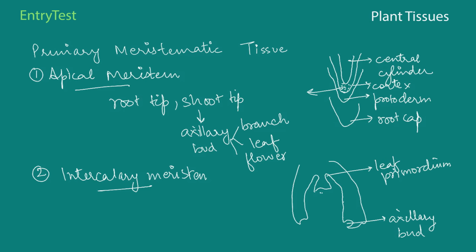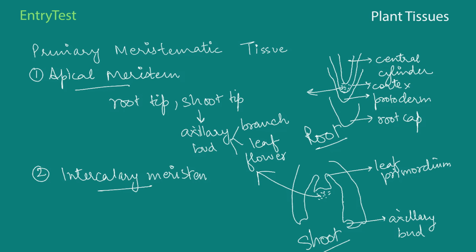This is the shoot apical meristem. So that is how it exists in the form of a shoot and the root. So that is all that you need to know about the primary meristematic tissue. And even in the secondary meristematic tissue, we've already done that it is present in mature regions. And three examples were the fascicular vascular cambium, the interfascicular cambium, and the cork cambium.